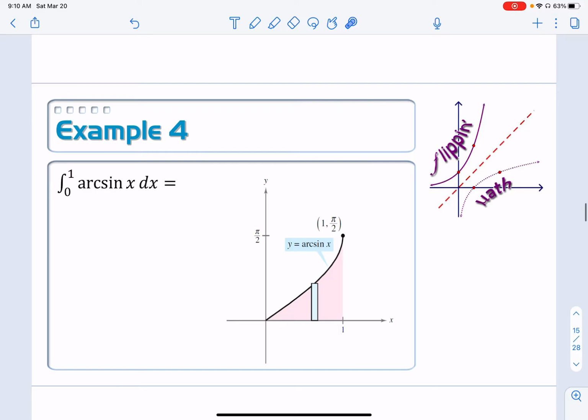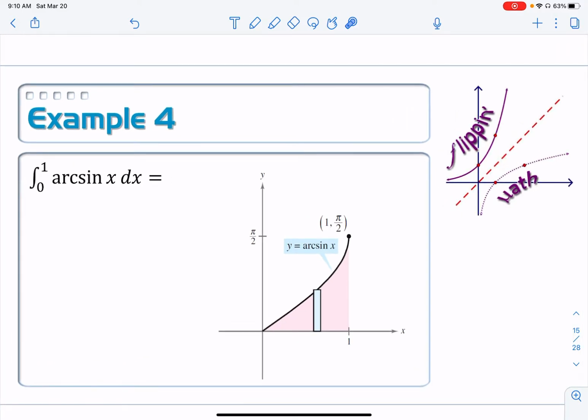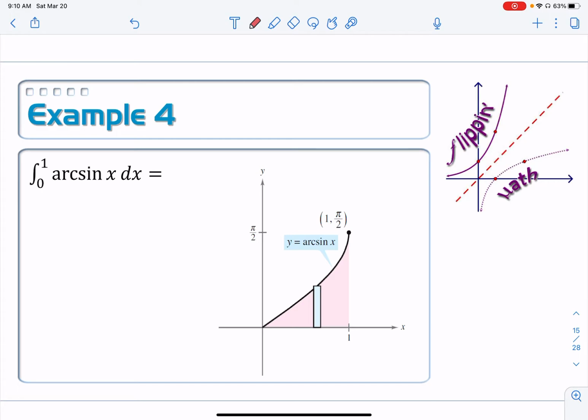So we have, yet again, kind of like the natural log function, arc sine of x, and it doesn't look like there's a product in here. Well, we don't have an antiderivative rule for arc sine, not one that we've written down, but we're going to treat this in the same kind of way that we treated the natural log one. If I write down LIPET,